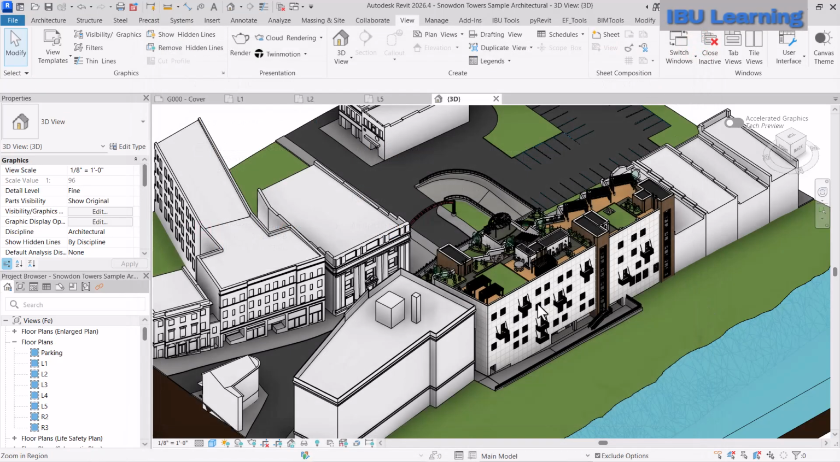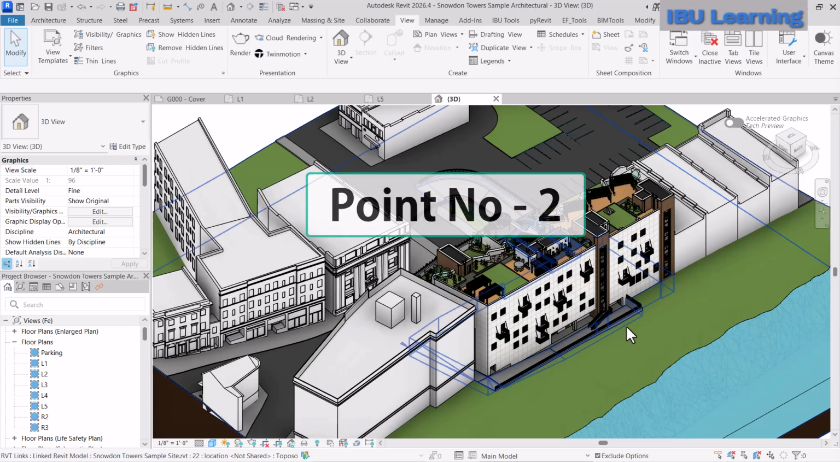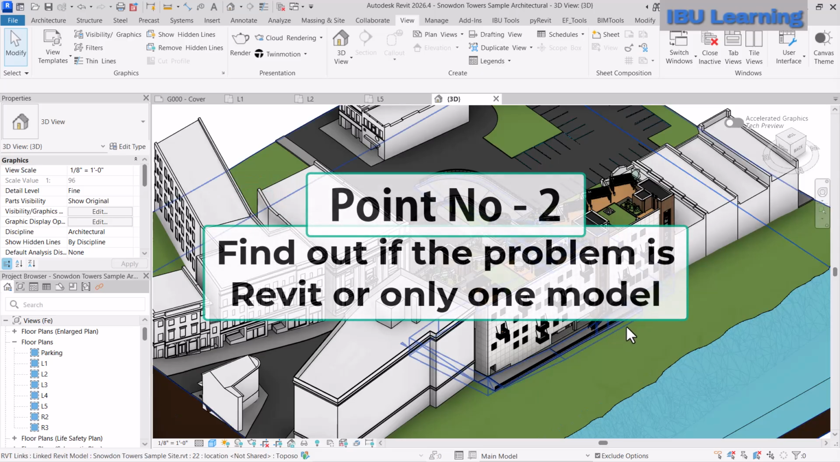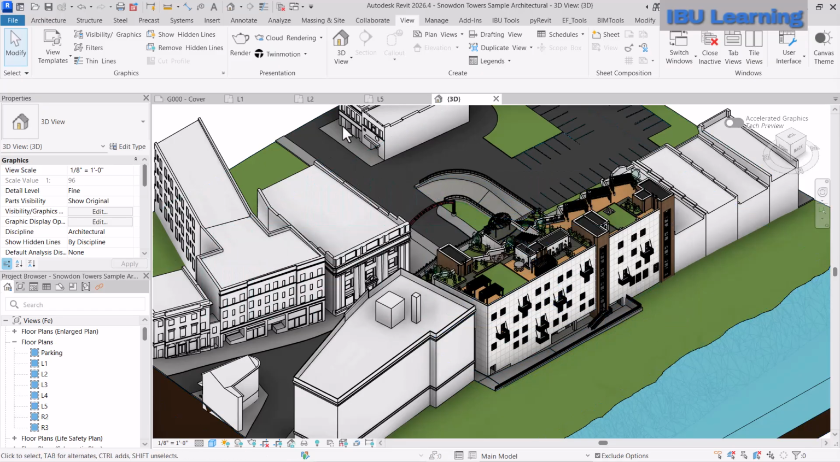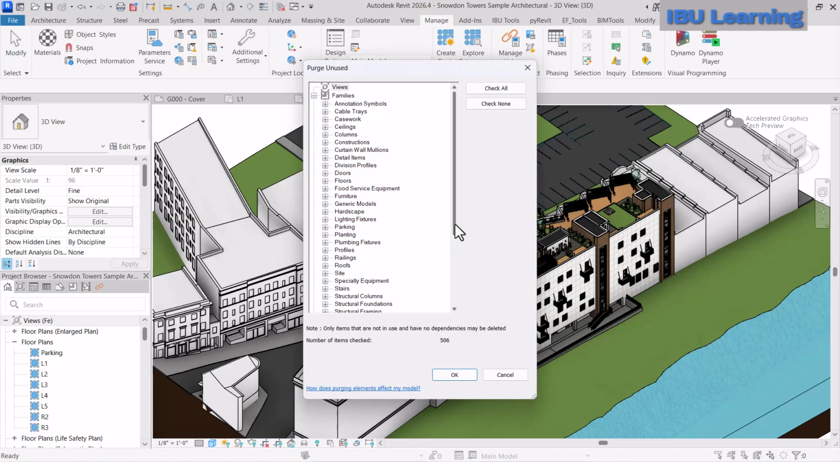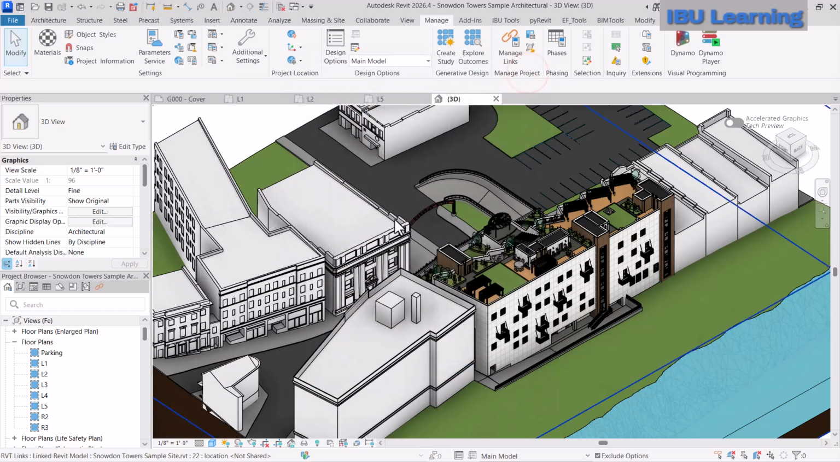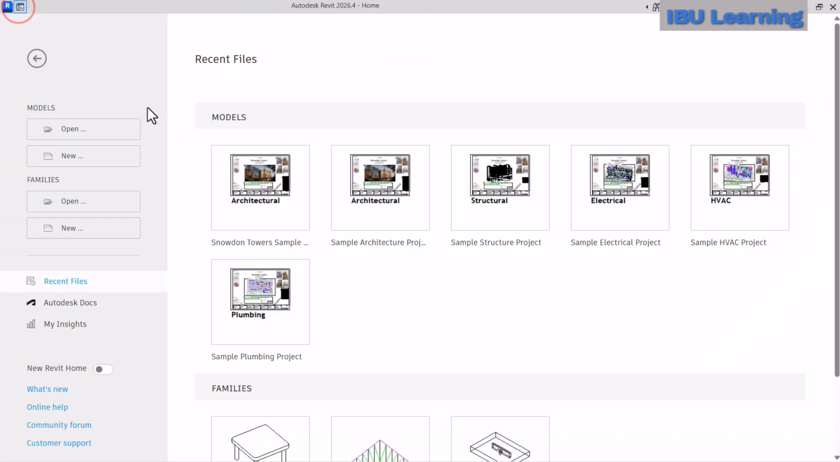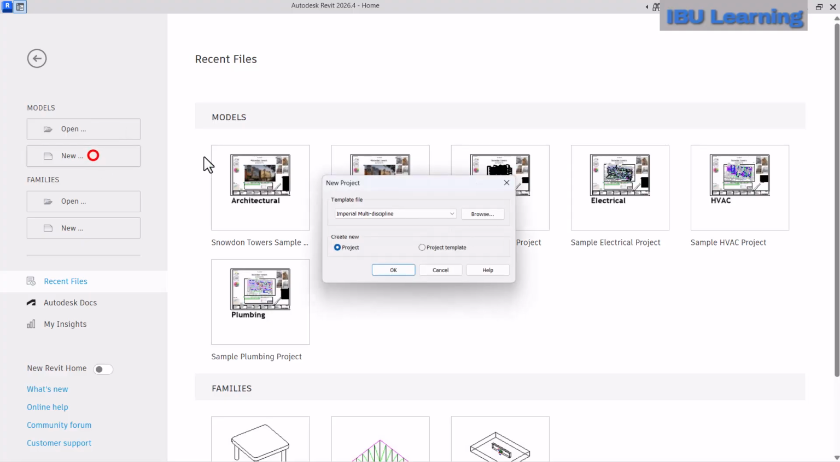Now, check number 2, find out if the problem is Revit or only the model. Next, don't immediately go to the Manage tab and start purging the model or cleaning the model to delete all the things. Just open a new empty Revit file from here and then check